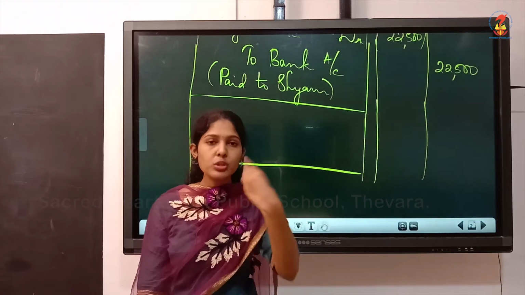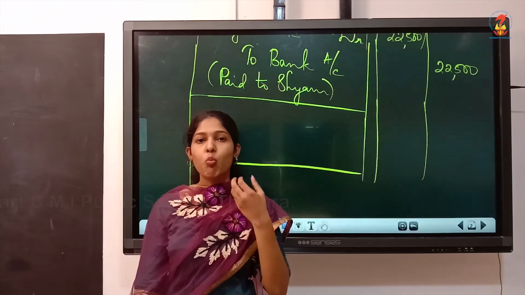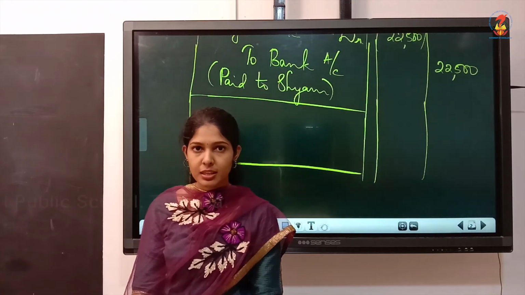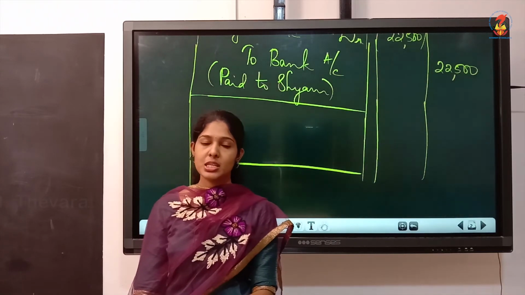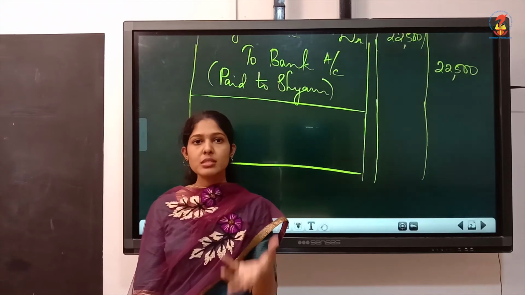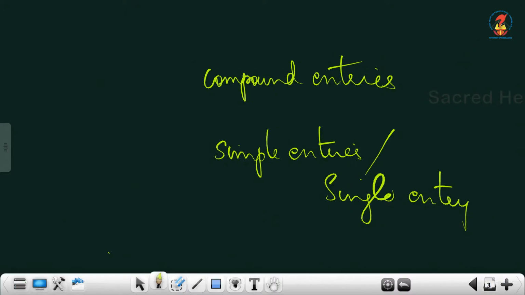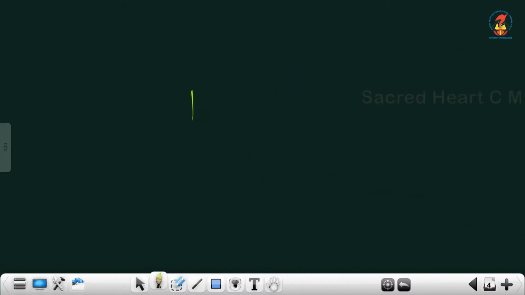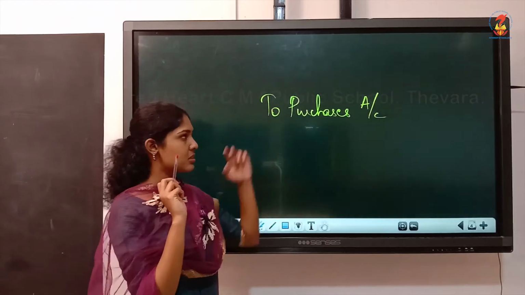So we are giving goods as charity, not cash. What is moving out from the business? It is the goods moving out from the business. So which account will you credit? The purchases account you have to credit, because it is the goods that are moving out, and what moves out should be credited. So what you have to write is To Purchases. This is the specimen entry. So you don't have to draw the journal and all. Just write the entry. It is To Purchases account, that is to be credited.